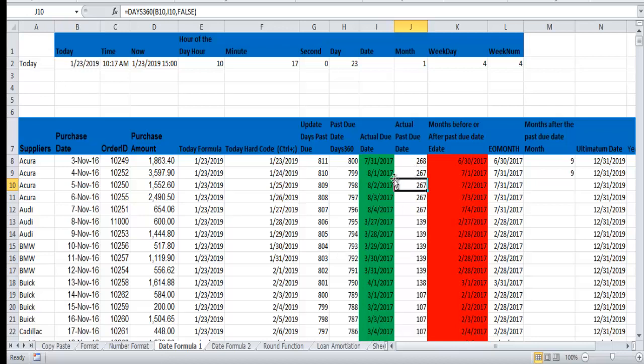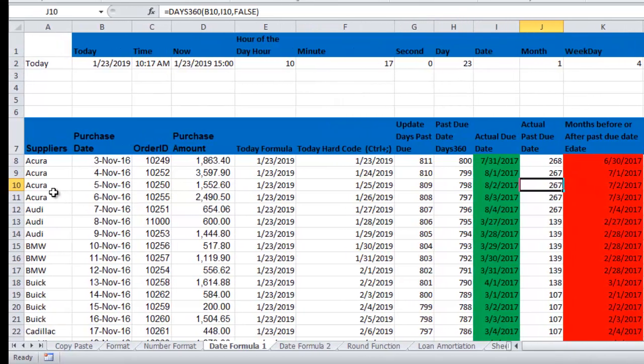Now you can see for this particular car model, it is up to 268 days past the due date given to the seller to make payment for this car. But up to now, the seller has not been able to make payment for the car. Probably the seller has not yet sold the car. The cars are still unsold, so we can see the actual past due days for each payment for this particular